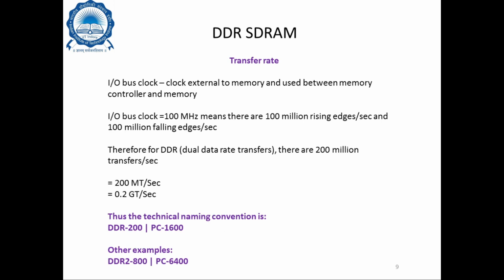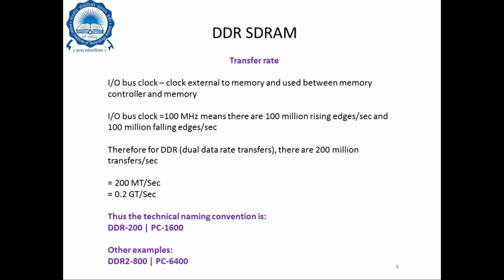Now let us see what is the next parameter. The next parameter is known as transfer rate. Okay, so any type of SDRAM that you see in the market in the current technology, they are always identified by two parameters. First is the burst rate or peak bandwidth, and second is the transfer rate. So first thing you've already learned. Now let's look into the second parameter. The transfer rate is given by the following.